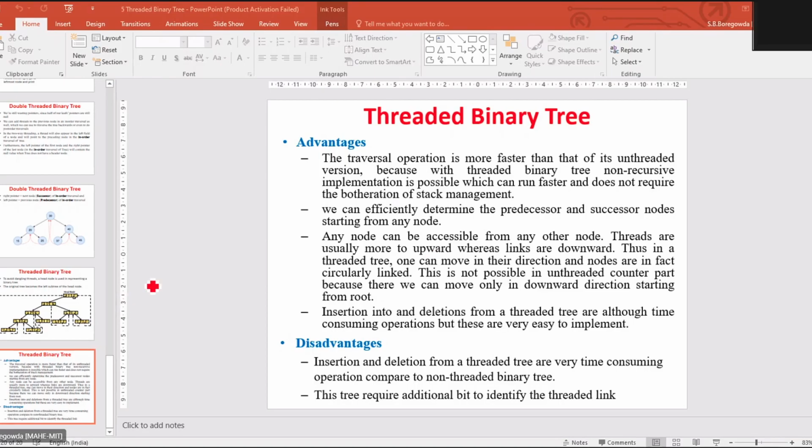Finally, we can do merging of any two given heaps. Suppose you are given two heaps, it is possible for us to join these two heaps to form a valid new heap containing all the elements of both. So these are some of the operations we are going to perform with respect to heap.